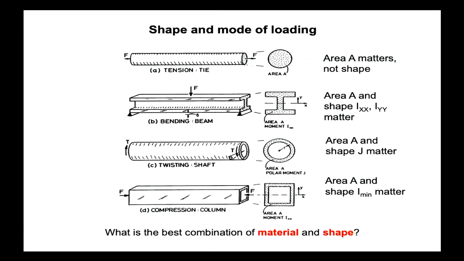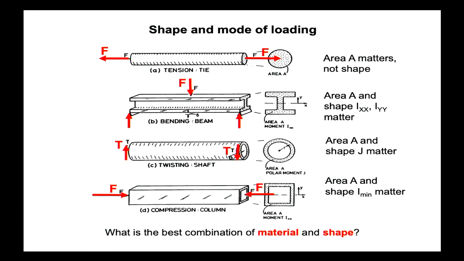Again, we've got the tie, we've got a beam, we've got a shaft this time, and we've also got a column. And for anyone who's forgotten, axial tensile, bending, sigma equals My on I, torsion, tau equals Tr on J